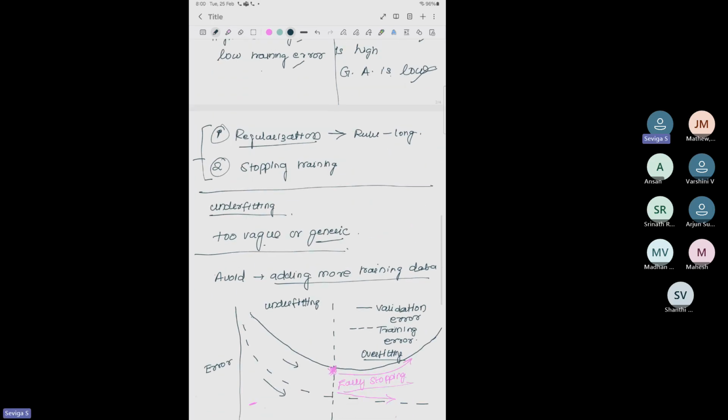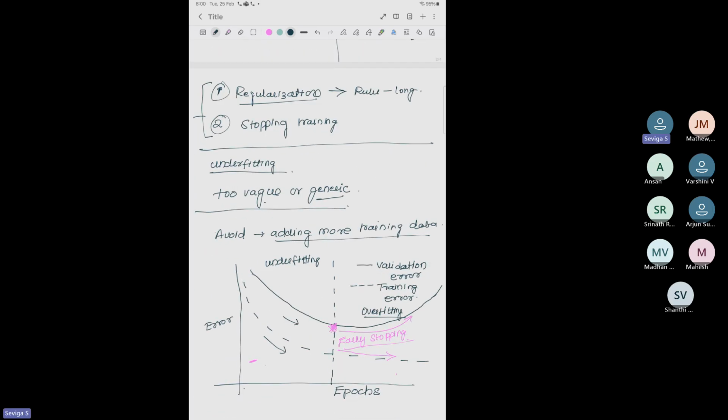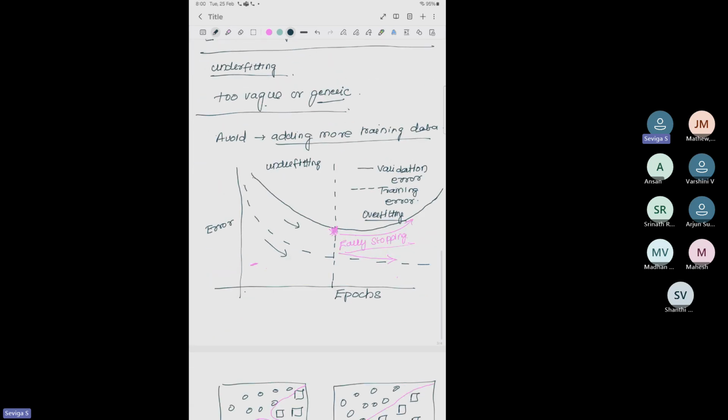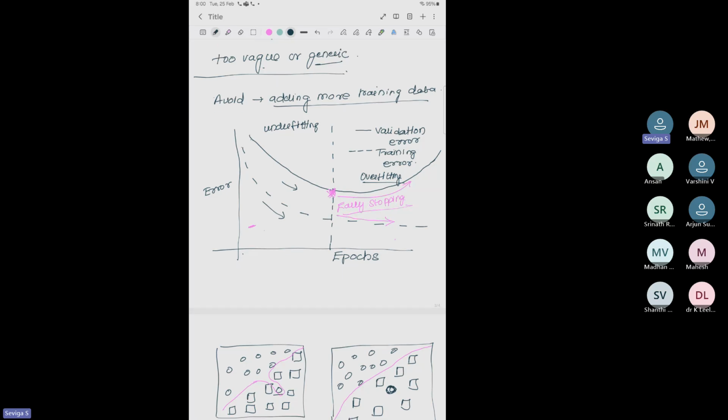So what we did in underfitting is learning the rules very vaguely, or learning only the generic rules. To avoid underfitting, we need to add more data. When we start the training, our model will be in underfitting mode because we don't have enough examples to learn from. So the rules will be very generic when we start the training. But as we proceed with the training, the training error will continuously decrease and the validation error will